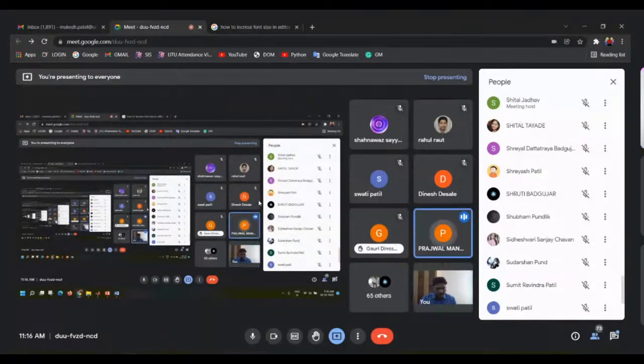Sir, we can do that, but we can also add pixels virtually, using AI. Okay. That means you are talking about, suppose the image is 10 pixel by 10 pixel, right? That is a total of 100 pixels in your image. Yes sir. And you want to add more pixels, making it 20 by 20, meaning you are adding another 100 pixels. Is that what you are saying? Yes sir. Okay, sir. But if you add some pixels,